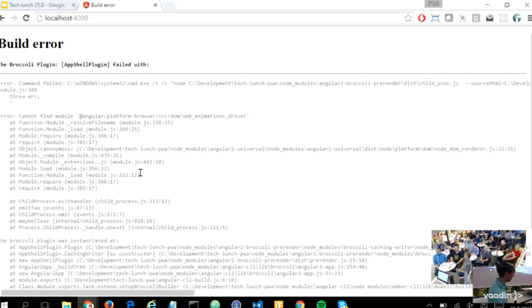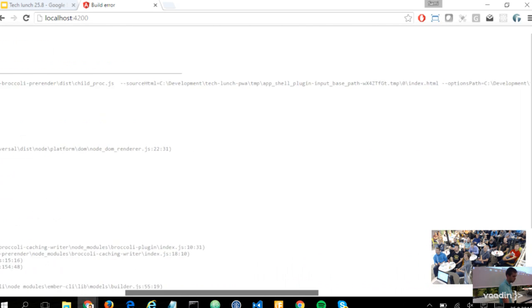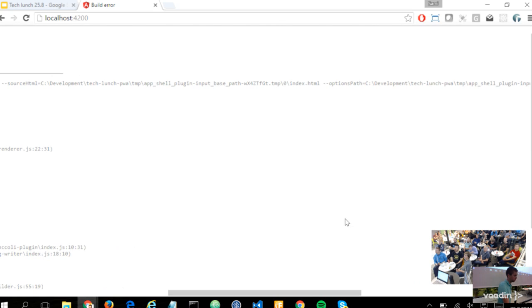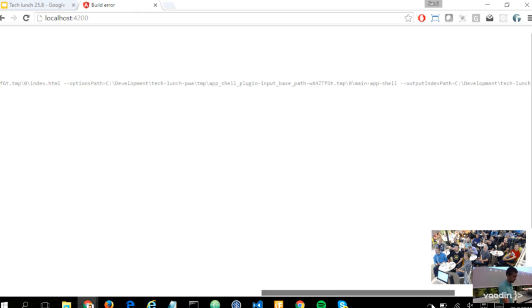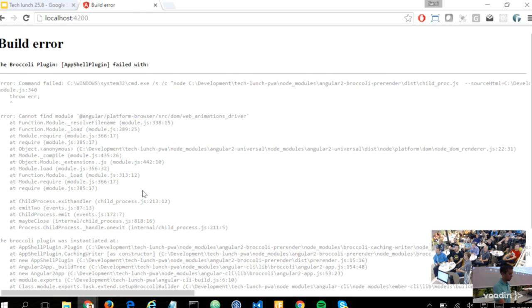Yes, a build error. I haven't modified this application at all. I only initialized it with the Angular CLI, and building it the first time gives a build error. The build error is because of some of the directives, the app shell directives actually. And when I got this, I spent numerous hours trying to work with the dependencies and to get it